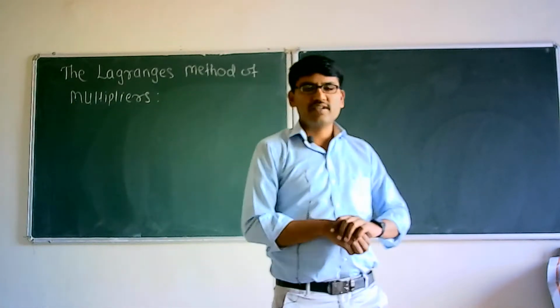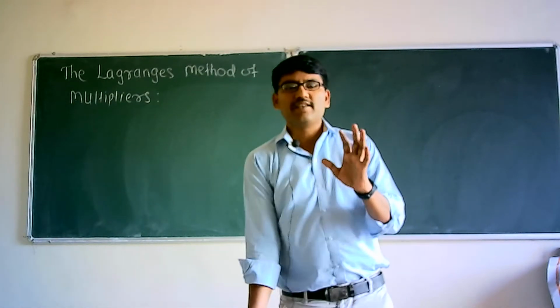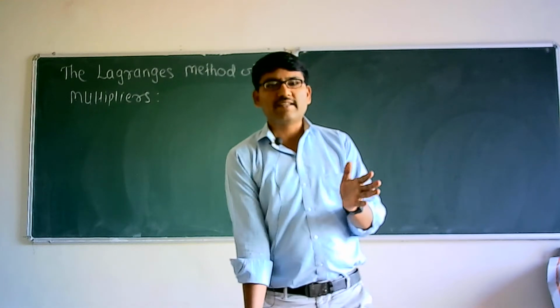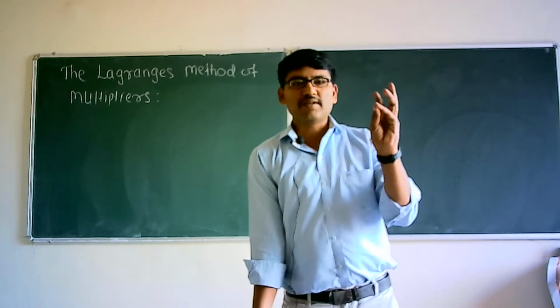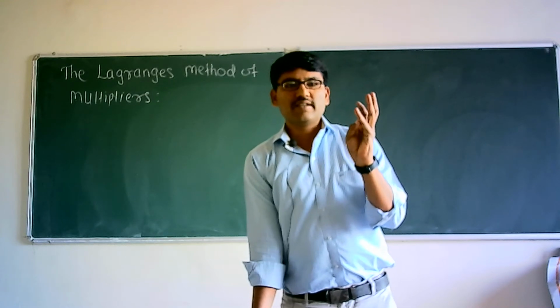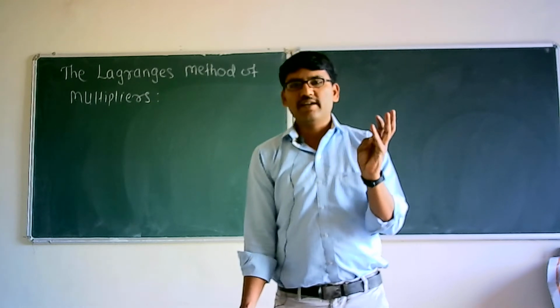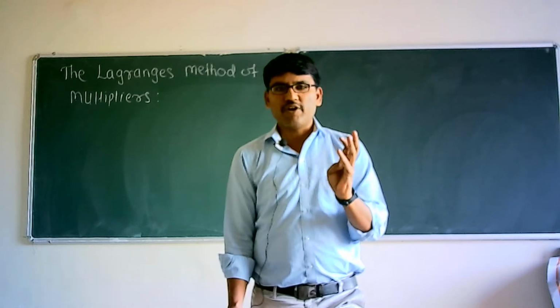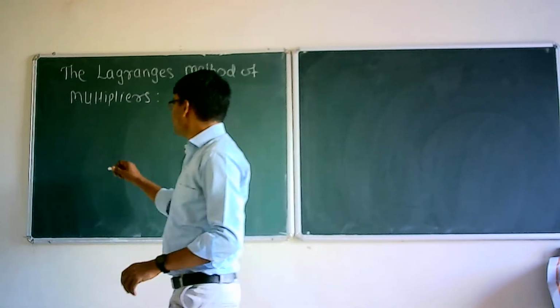In the previous lecture we have discussed how to find an extreme value of the given function. In that lecture we applied the second derivative test. What is the first step? Find the critical point, and then by using the second derivative test decide whether the given critical point is a local maximum, local minimum or saddle point. Today, suppose